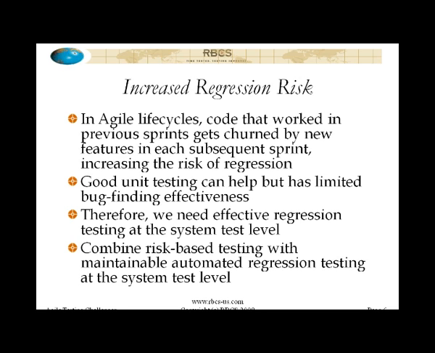But again, I need to remember that there's limited bug finding effectiveness in unit tests. Even the most effective unit tests, again, according to Capers Jones's studies, tend to top out at about 50% effectiveness. So we've got a 50-50 chance of catching a regression bug, roughly. So you are going to need effective regression testing that's happening at the system level after the regression testing that's happened at the unit level. Now, this is why I said that you need to have a maintainable automated regression test suite at the system test level. Risk-based testing